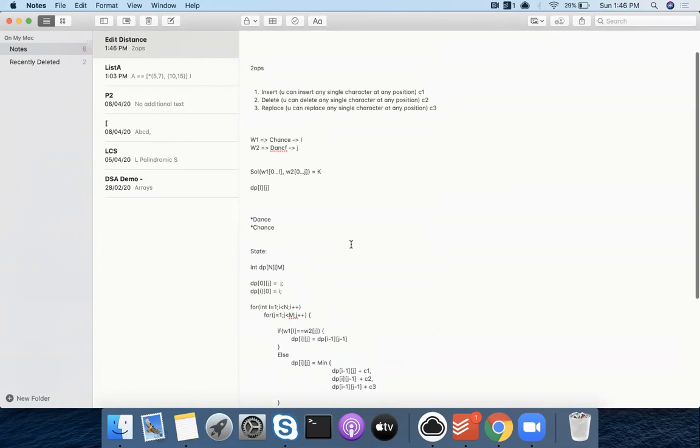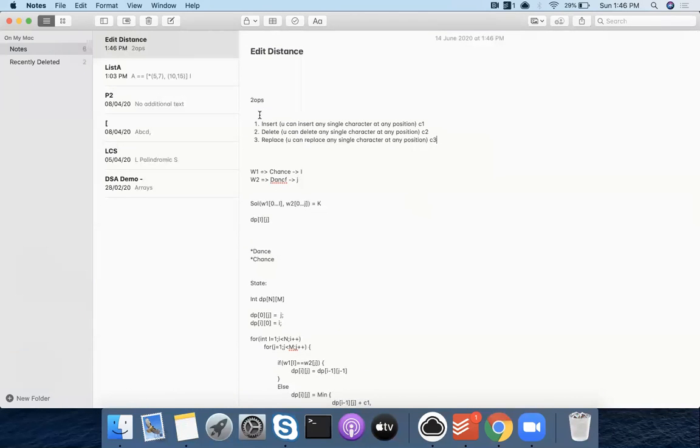So yeah, I was saying if costs get added, then it changes a little bit. And then the problem can also change. Like instead of insert, delete, and replace, this problem can be put in a different way. Like you have to transform one thing to another thing, and you have three steps in which you can transform. All of them boil down to edit distance. So this was for strings. Now let's say I'm doing it for shapes. You can cut it, you can paste it, or you can replace it, something like this. Again, it can be more complicated with a 2D array, to make two 2D arrays the same, and there will be a list of steps that you can do.